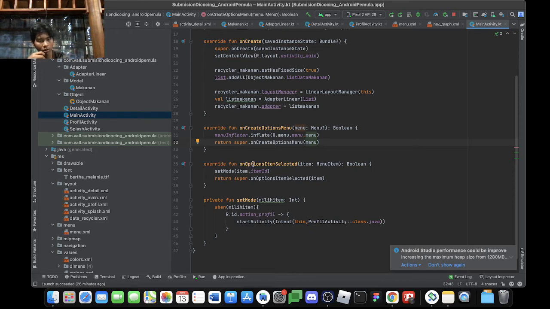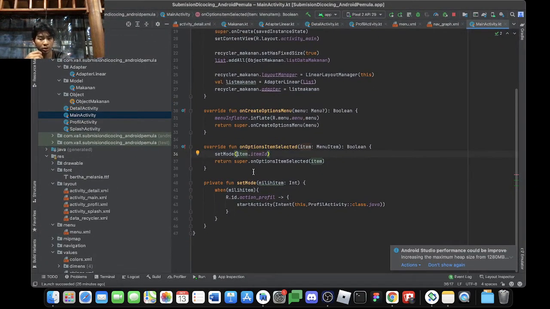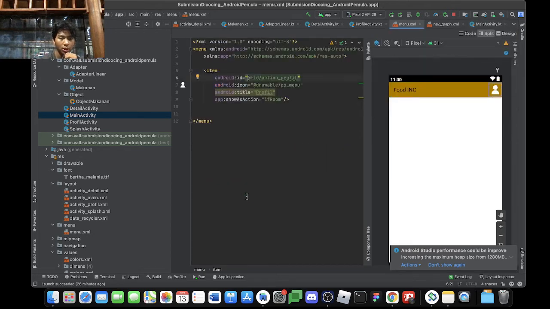Move on to onOptionsItemSelected, set item ID inside of normal brackets. Move on, set when choosing item, R.id.action_profile. Wait, wait a minute. Action profile here, it's an ID.